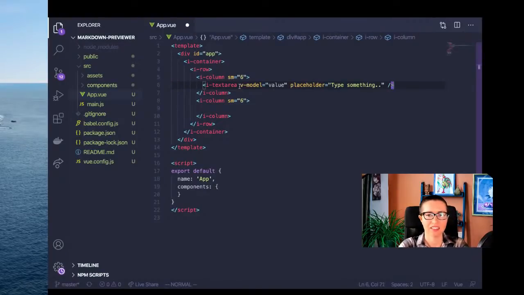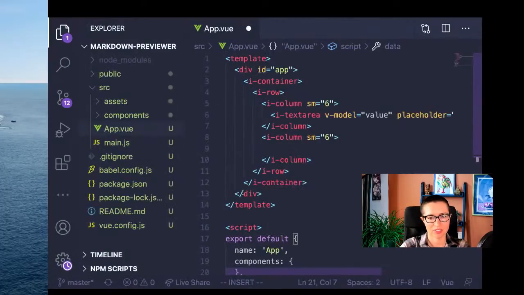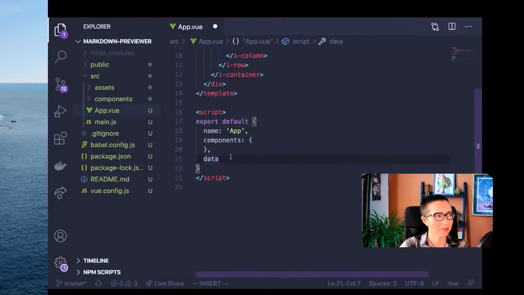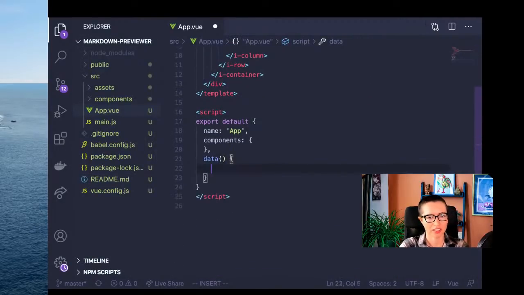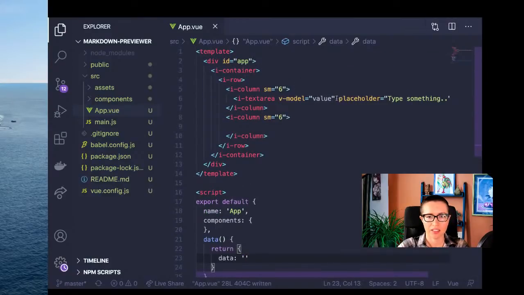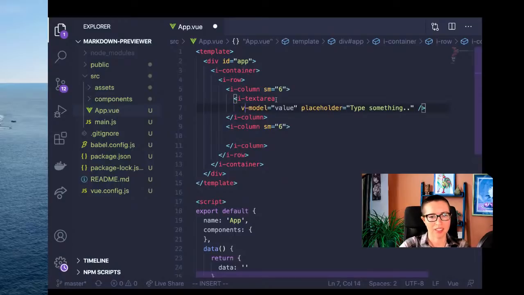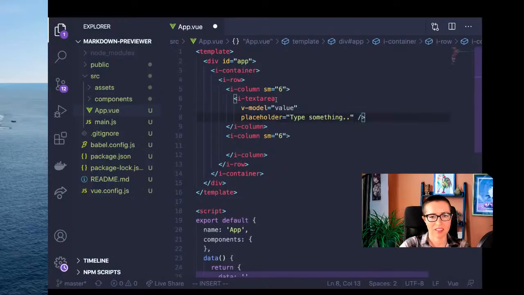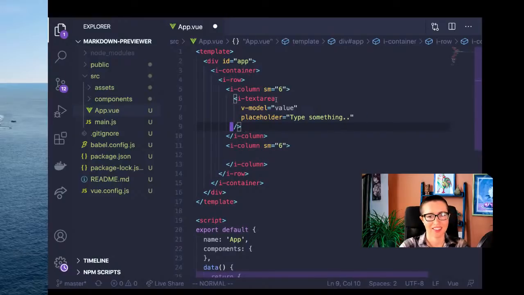and then basically just need to v-model it somewhere. So let's see, v-model to value. So I need to create a value. So let me add a value variable in data. Oops, it's too much. Okay, so let me add a data function and return the data variable, which will be an empty string to start with. And put that on separate lines, make it a little bit nicer. Okay,